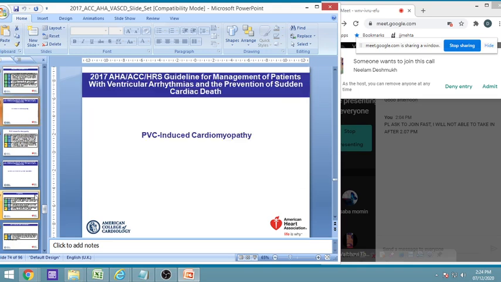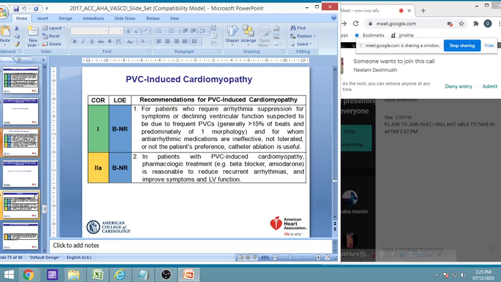Then the management of patients with ventricular arrhythmias and prevention of sudden cardiac arrest: what can we do in that case? In cases of induced cardiac arrhythmias, what we shall be doing is, generally, for symptoms or declining ventricular function suspected because of these ventricular changes, generally